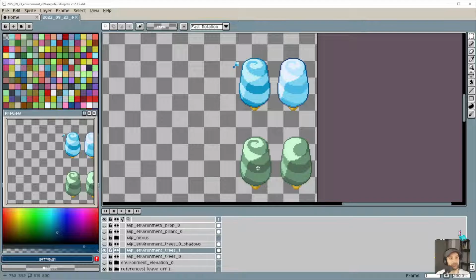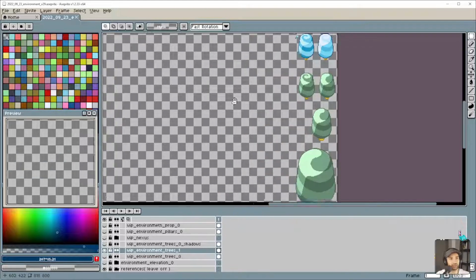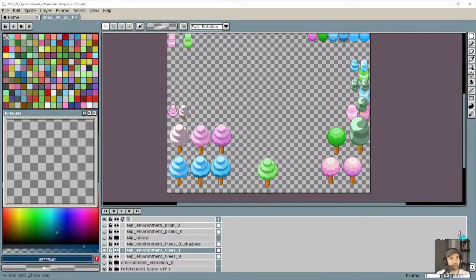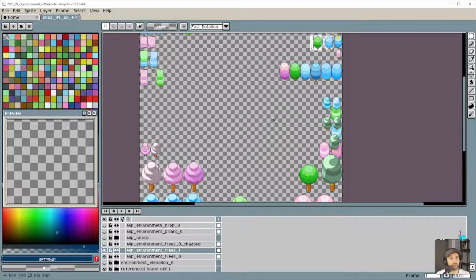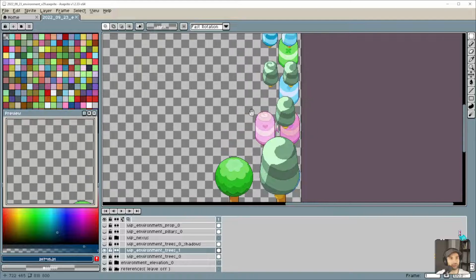The green one has room for some improvement. But the cool thing about doing color variations is you can keep doing more. So we got blue, we got green. What was the other one? Blue, green, pink. Oh, we can do an awesome pink one. Yeah, let's do that. I'm so down with that.